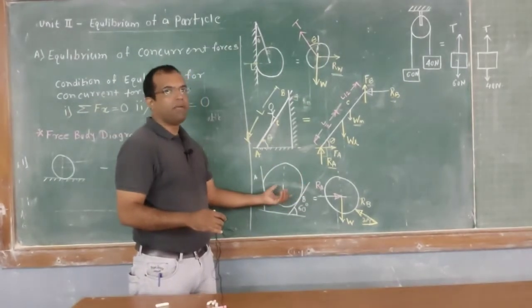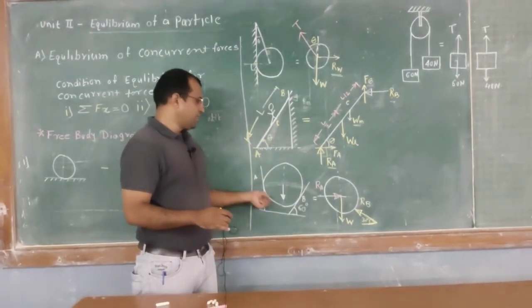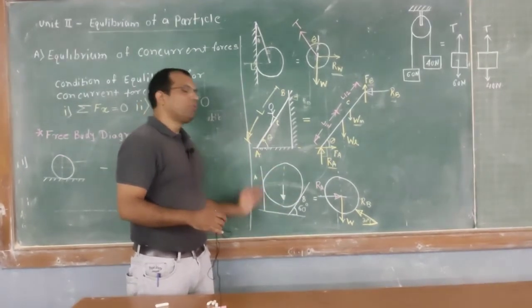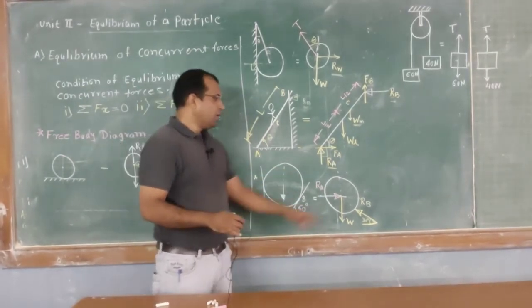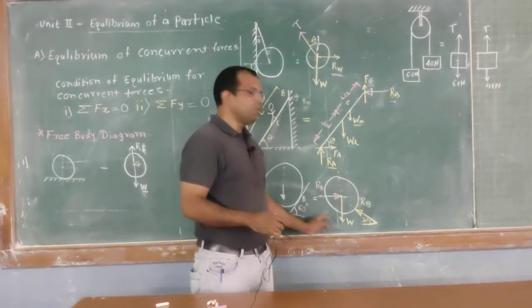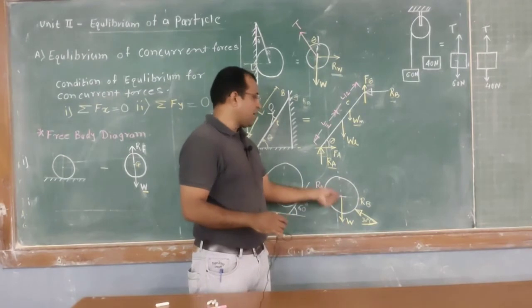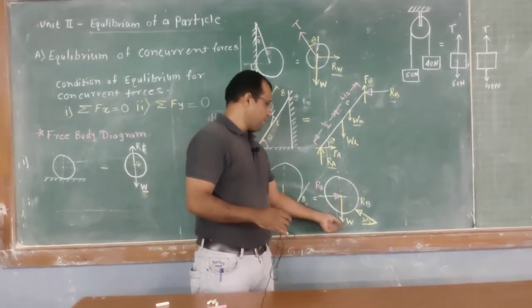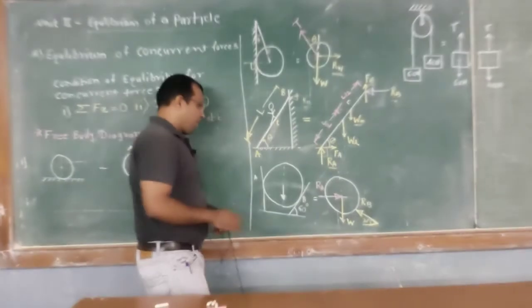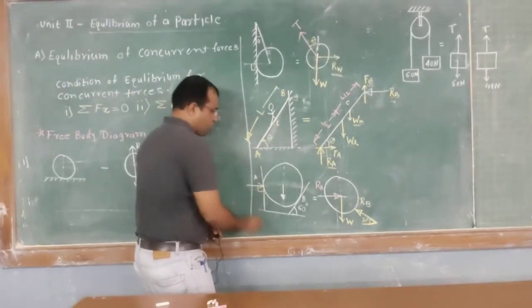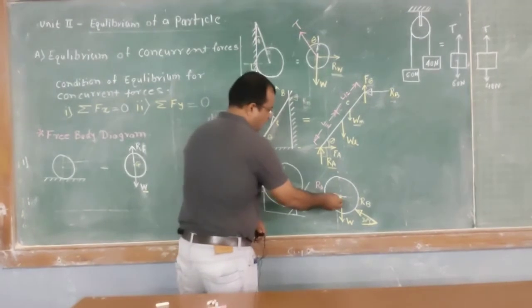example, a simple example. This sphere is resting against the inclined wall and the vertical wall. Now we have to draw its free body diagram. Take the sphere, isolate it from the surroundings. So what are the active force, the weight of the sphere, and the reaction offered by this surrounding wall on the sphere, which is perpendicular to the point of contact. So this is RA.